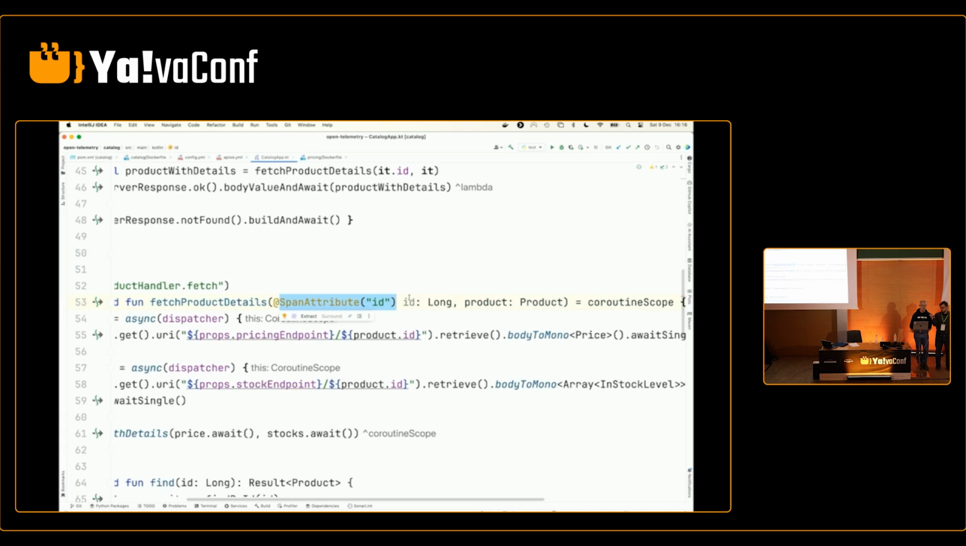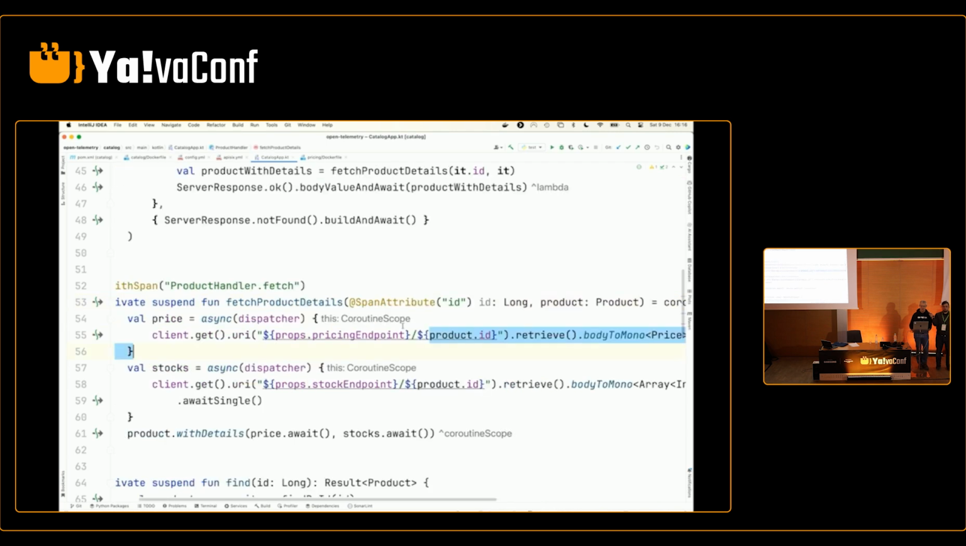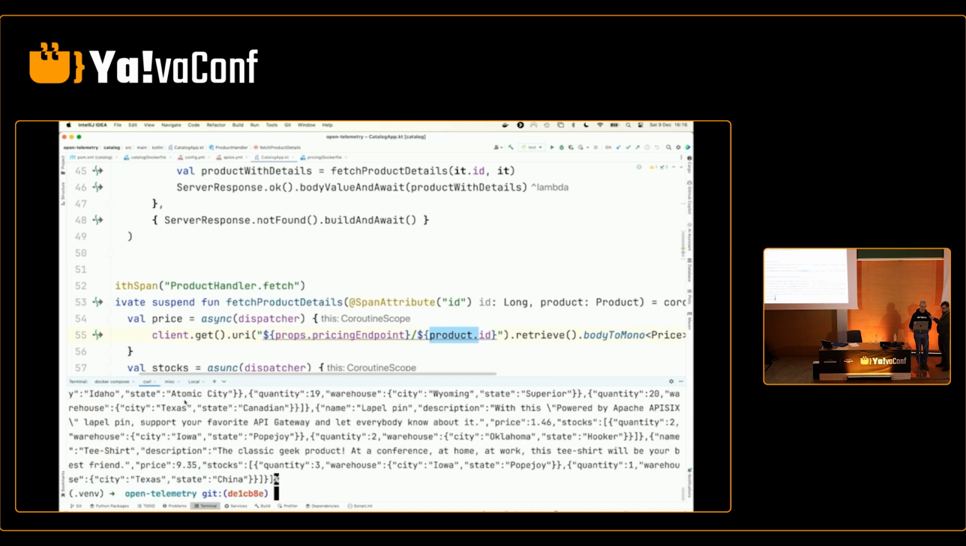So here I want the product ID, for example. I already have the products, but unfortunately through annotation, I need to change the signature of the method just to say span attributes. So of course you can say, hey, if you do it like this, I can use the ID anyway. Yes, sure, now it's used, but still I wouldn't need it, unfortunately. So if I curl it again,